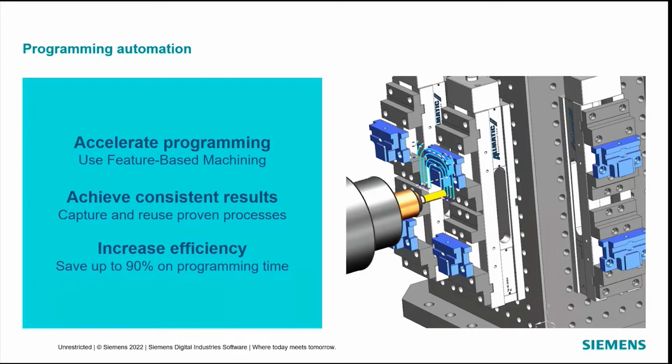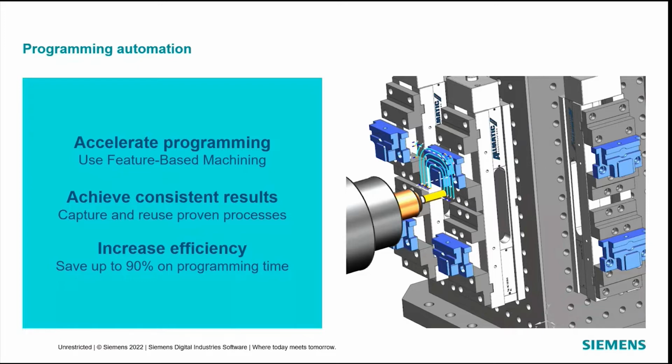Today we're going to focus specifically on feature-based machining, and the goal is to capture and reuse proven processes. It's not that you just get feature-based machining that says this is the way Siemens created to cut parts. You can actually create your own toolpaths with your own speeds, feeds, tooling, and methodology, however you like to approach the part. Those then get reused as we find those features on those parts, which become your practices and your proven processes.